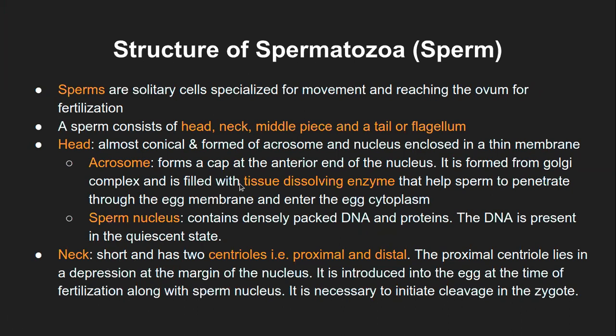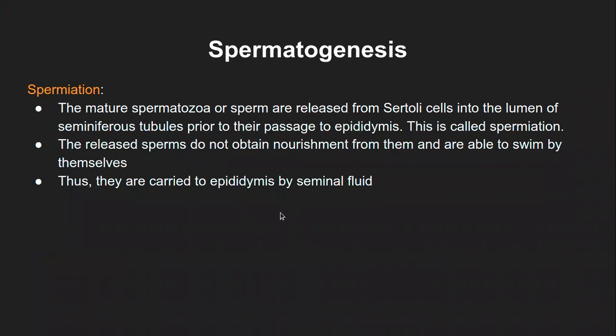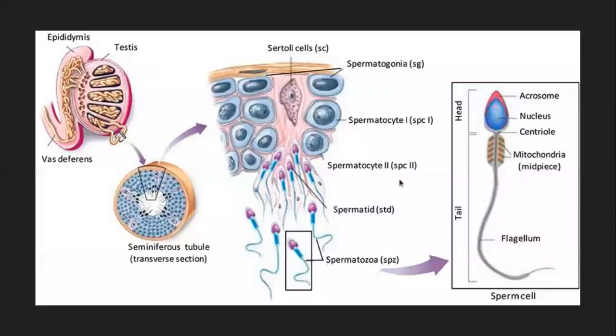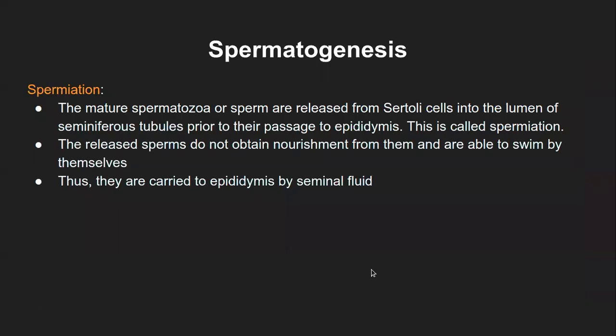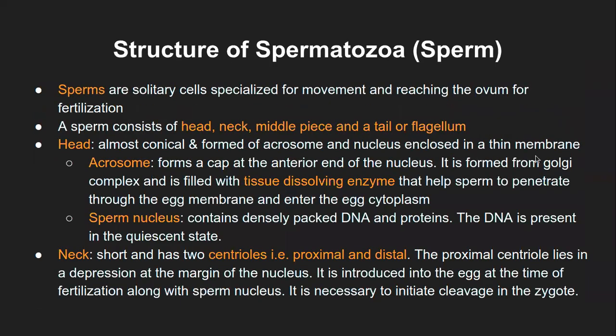So again, I'm not going over the revision of spermatogenesis, the whole of it. But in short, in the diagram, it is written here. You just have to look at the different structures and how the transition happens from the spermatogonia to the final spermatozoa cells, right? Now this I will revise quickly. So sperm in general is divided into four main parts, that is head, neck, middle piece and the tail part.